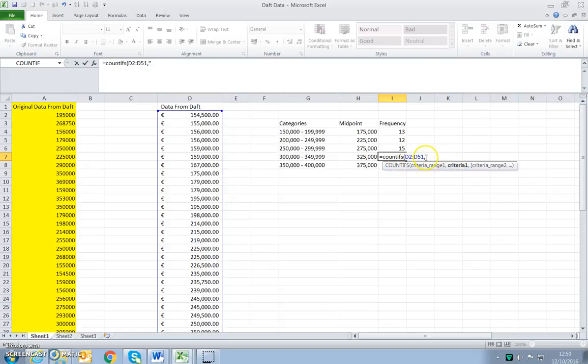So here the criteria 1, the open inverted commas here means that we're now going to enter our first criteria, which means it has to be greater than or equal to 300,000. But also it has to be less than 350, so that's why we have the COUNTIFS. So we have a range again, D2 to D51, and we want it to be